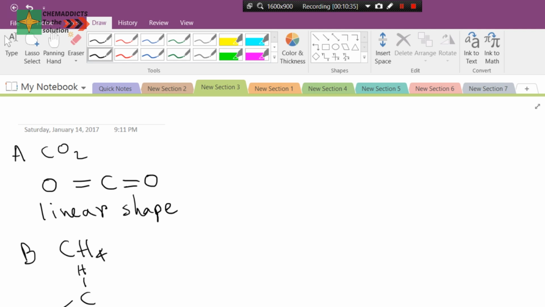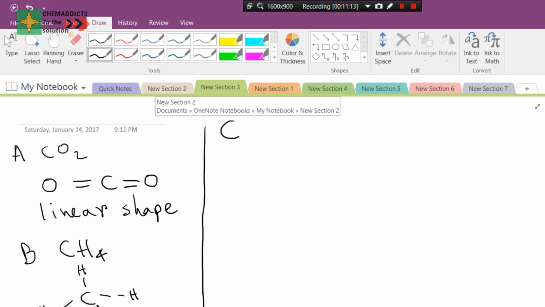Just like this. H, in here it's H, here it is also H. So the shape of this molecule is tetrahedral. Okay, so methane has a tetrahedral shape. Fine. Now let's have a look at option C. So in here carbon dioxide has a linear shape, methane has a tetrahedral shape, and let's have a look at